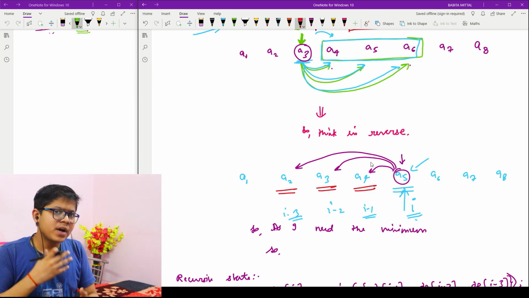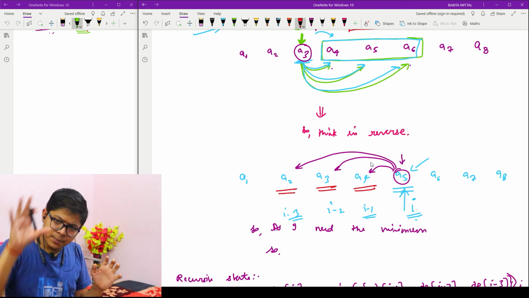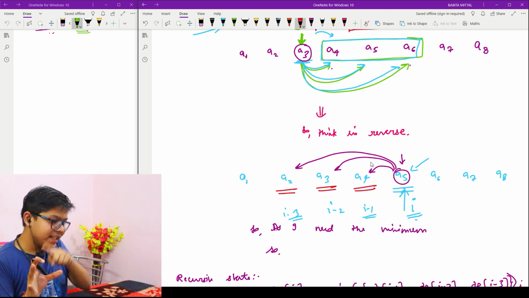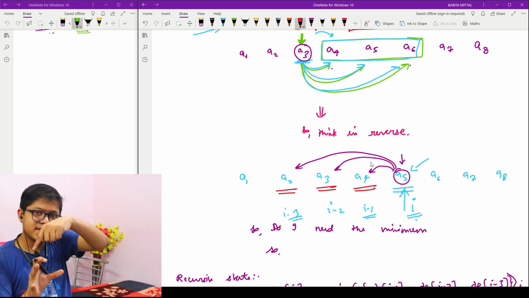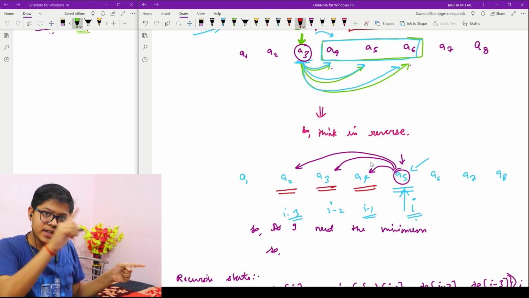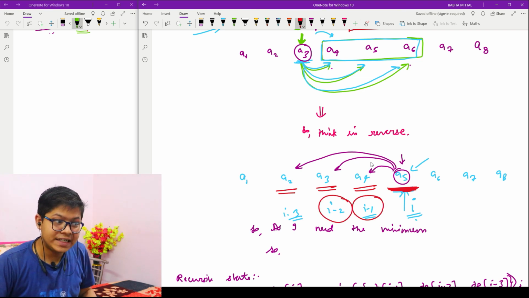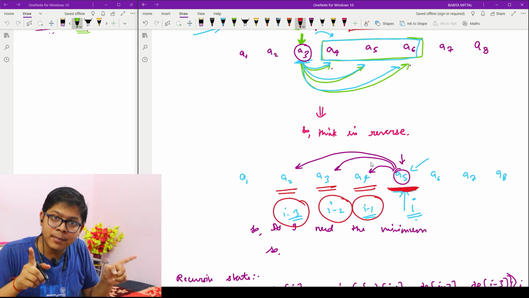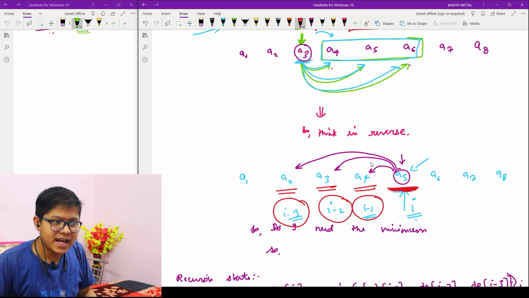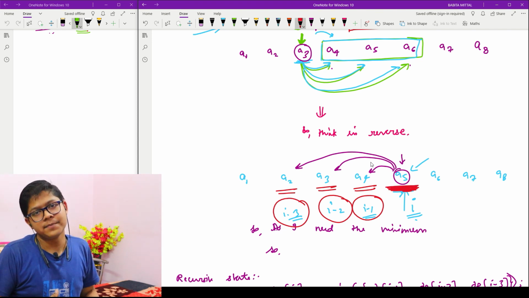So if I'm arriving on a particular state and I have 3 previous states to arrive from, I will choose the minimum out of these 3 states, which means my dp of i will be nothing but the minimum of dp of i minus 1, dp of i minus 2, dp of i minus 3, plus I will add this element A5 because I am actually arriving on this element.